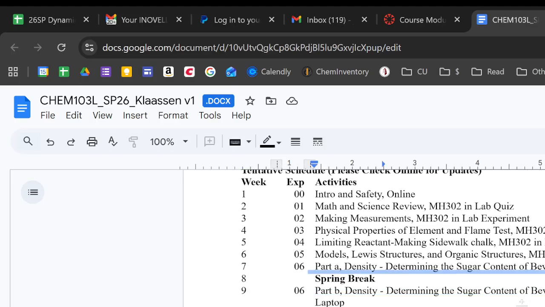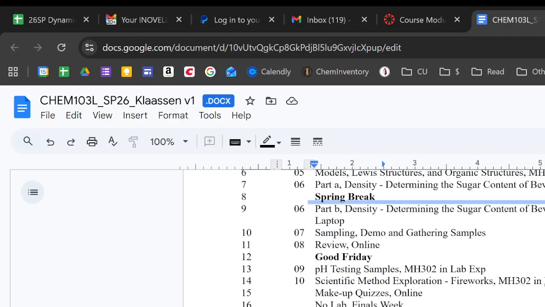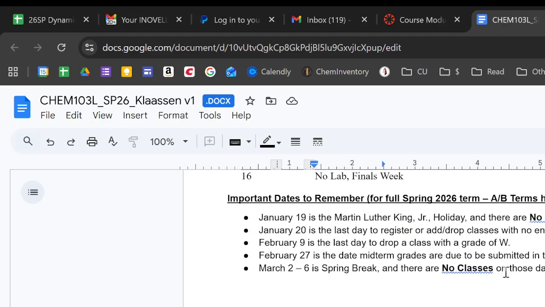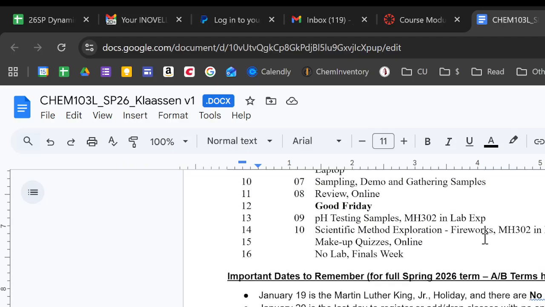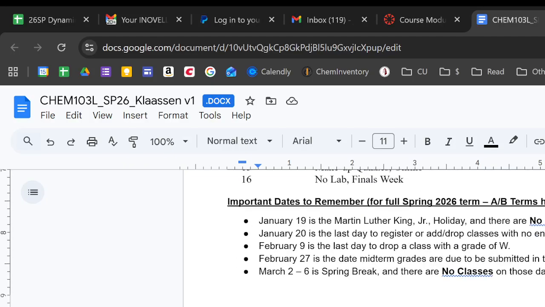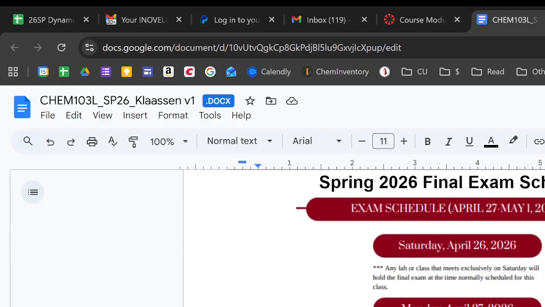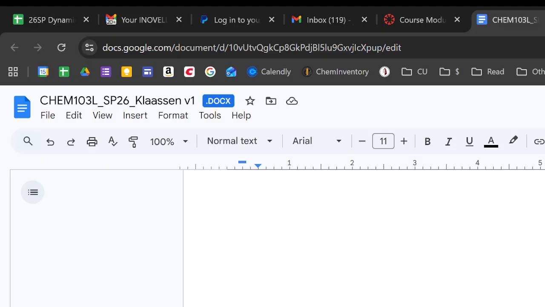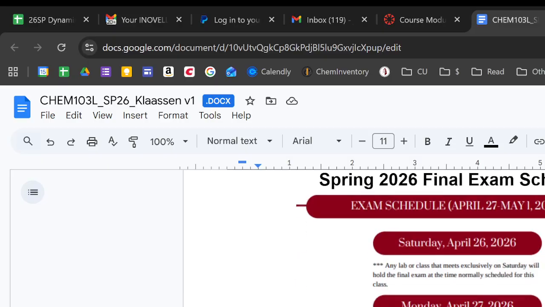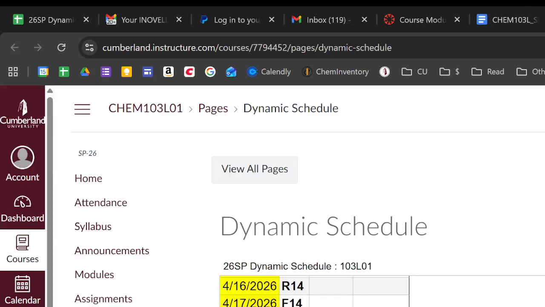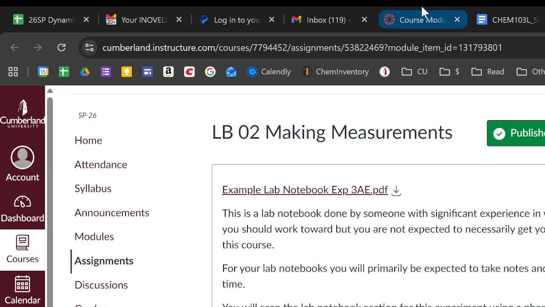Again, that's the same schedule that's in the dynamic schedule, just on my syllabus because I'm required to. I think the dynamic schedule is better. This is the important dates throughout the semester, and that's your final schedule. There is not a final for this class, but if you have another class that you don't know the final date, there you go, okay? Okay. All right. Does anybody have any questions whatsoever?